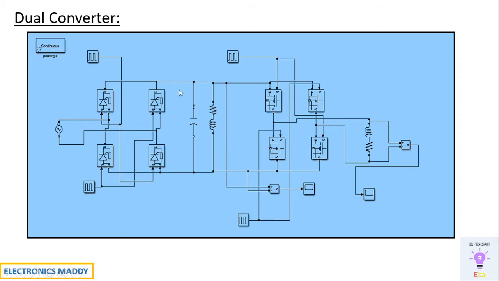So how is this circuit helpful? If you observe in a lot of circuits, you might require both DC and AC output. So for example, if you take tapping from this point, you'll be getting DC output. And if you take tapping from this point, you'll be getting AC output. So you can use this as both AC and DC supply, and that is why this plays a very important role in practical applications these days. I hope the basics of dual converter is understood. Let's go to MATLAB and start our simulation over there.